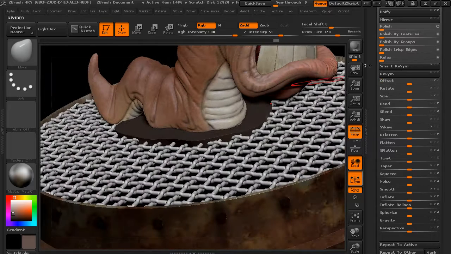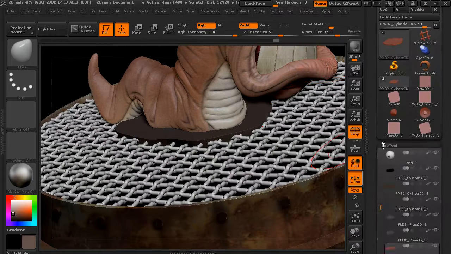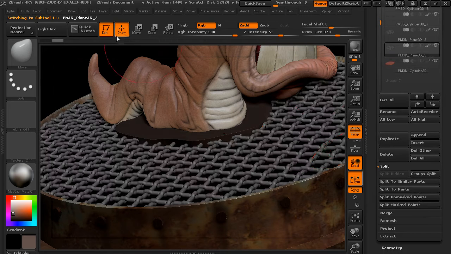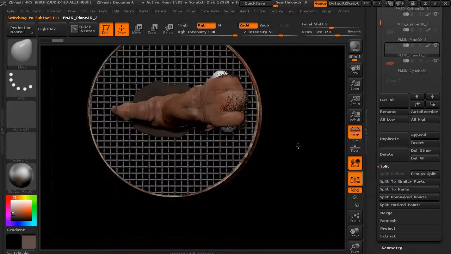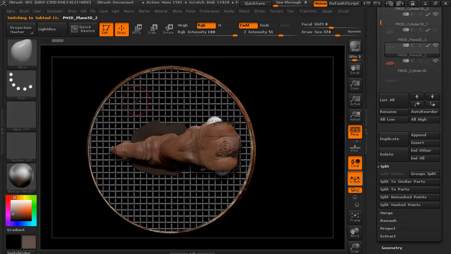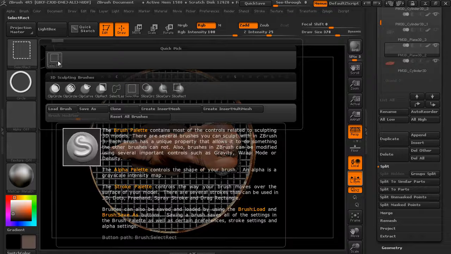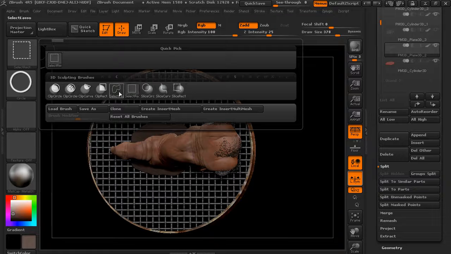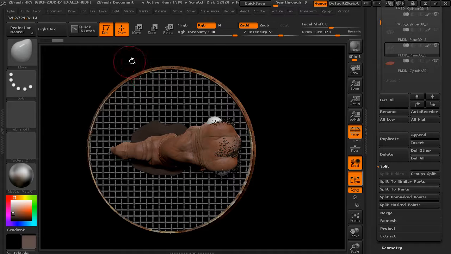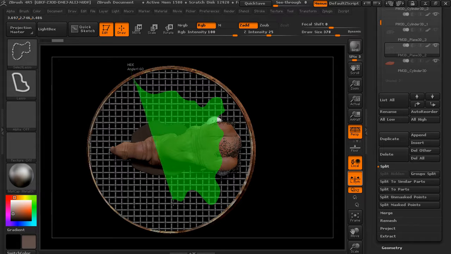Something like that. Now let's take the new mesh that we duplicated off from this grate here, and what I want to do is cut away part of this. So I only want to show the part that's going to be covered by this ooze. And so we'll use our select rectangle, but instead of using the rectangle, we'll use the lasso. And so now I'll hold down Control and Shift, and I'm just going to come in and start to drag around in these different areas, just real roughly